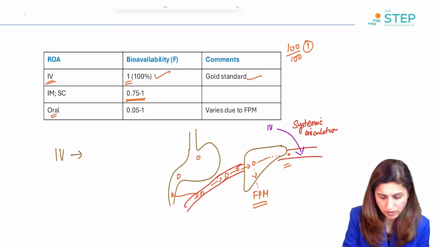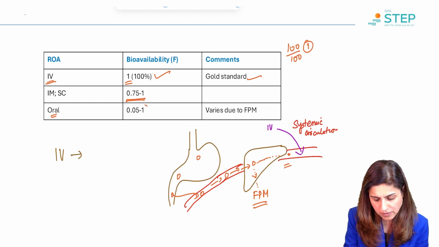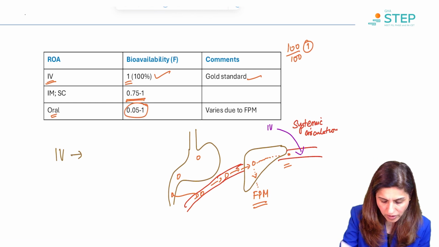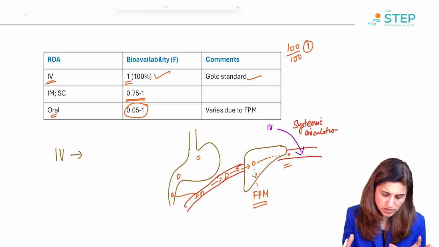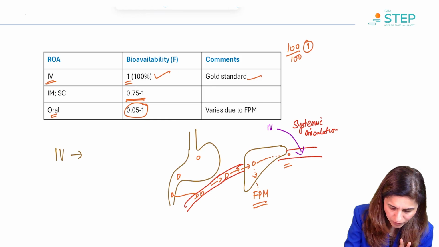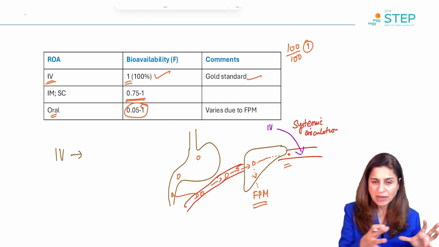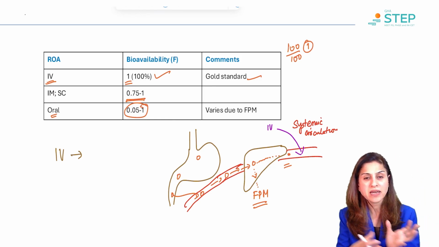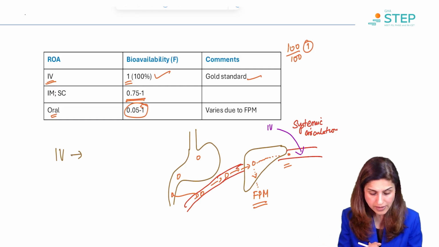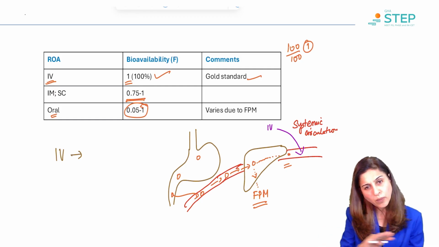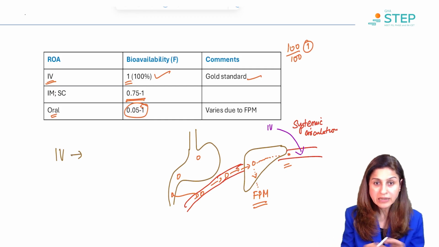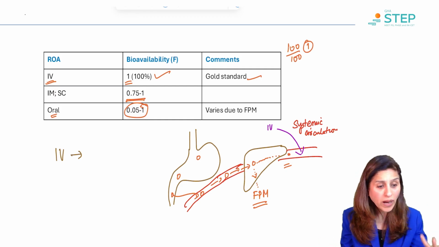Now the oral route has variable bioavailability. Even 1, I'm saying, is usually not possible to get, so it will always be less than 1, but it can be as low as 50% to 60%. Depending on the drug, that will be the answer here. So oral would be somewhere varying in between. Even if you talk about the rectal route, it will also vary somewhere here. None of them will be equal to 1.